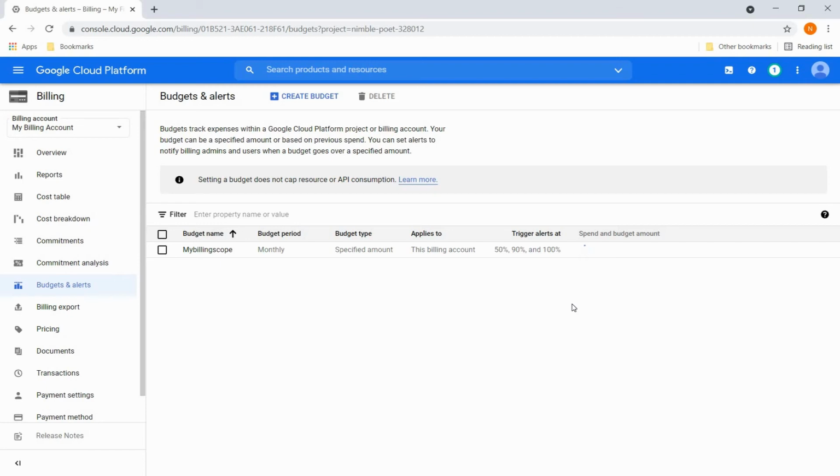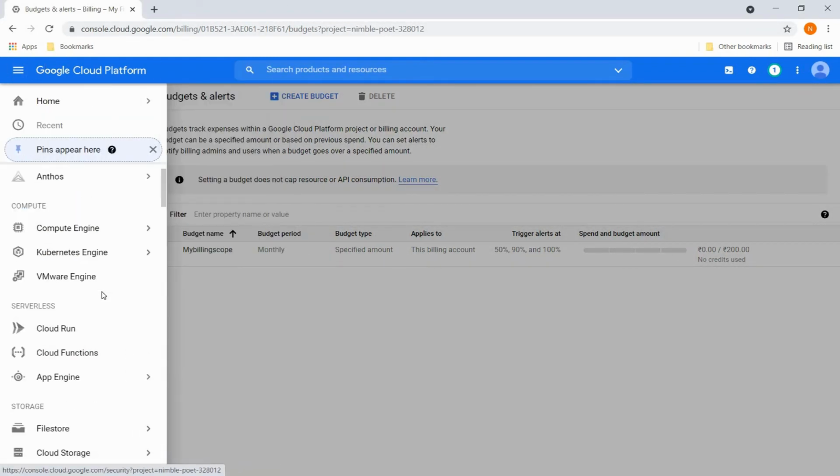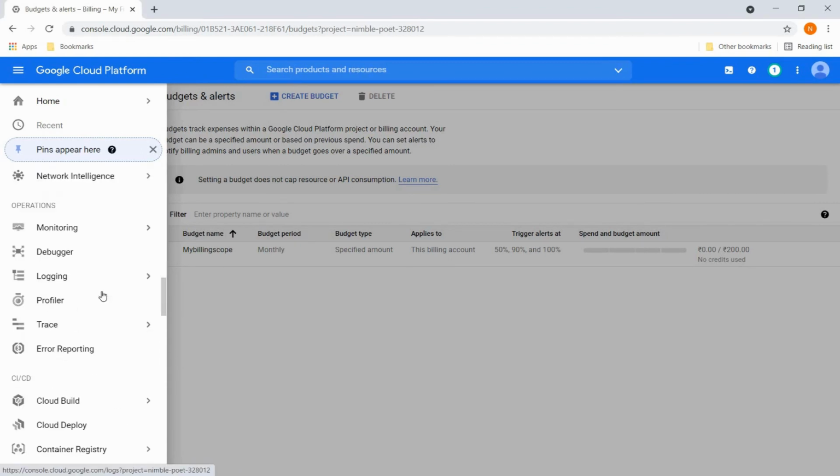How this billing alert helps: even though we are going to use the free trial and that will be sufficient for our practice purpose, and even for an individual project purpose if you don't have too much data, these billing alerts will help you in tracking your cost, because in cloud when you are using any service you have to pay for what you are using. So if you left something running which was not your intention and you have to pay for it later, it's better to put these budgets in place. So let's go back to BigQuery, and I can basically pin it so we don't have to go back every time.